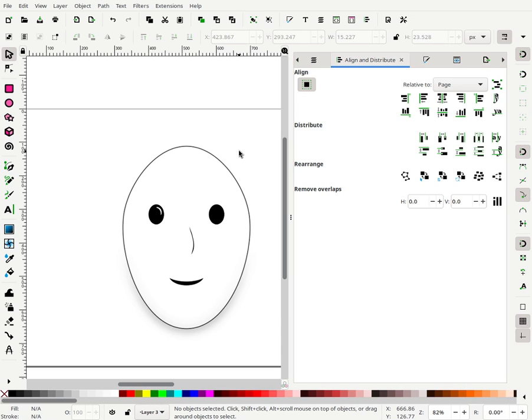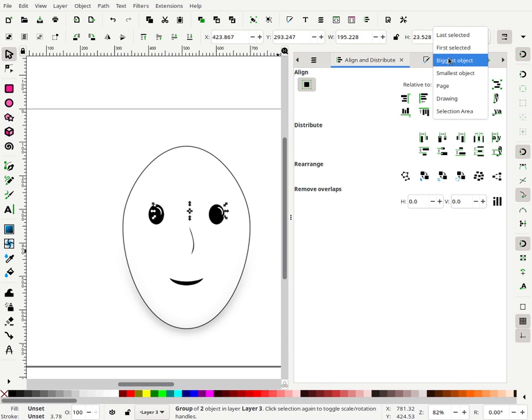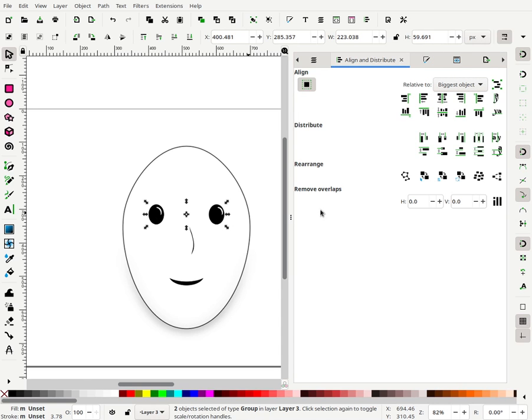Okay, so now that this is in place, what we need to do is duplicate it, move it across to the right so that it's in his other eye. Then you select the other one, group them, and align to the biggest object, which should be the two of these. Not necessary to exactly have them in the center, but you can if you want them to be aligned perfectly. I'm just going to move them across a little bit